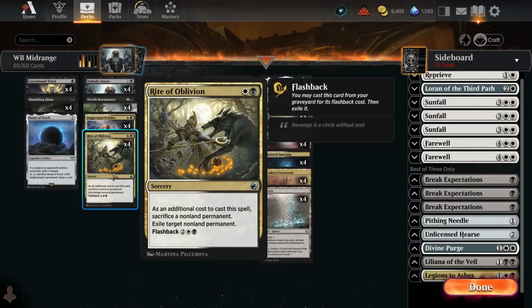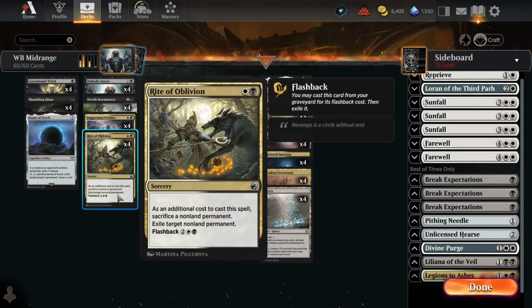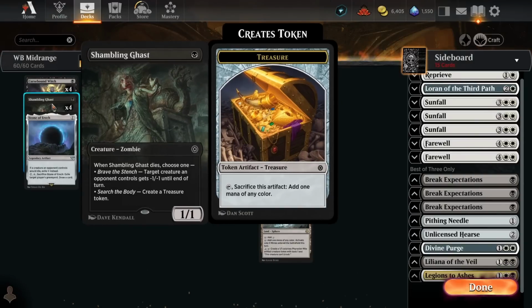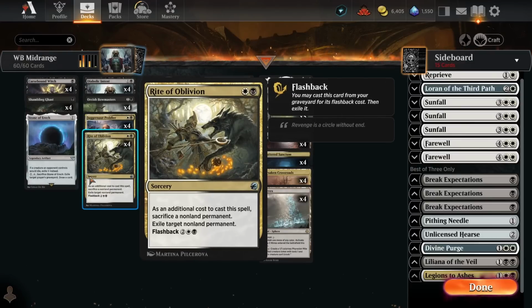and then it obviously has flashback as well, so we get two, this basically acts as a 2-for-1 in most situations, and as I mentioned, a lot of our creatures can produce a second body for us to flash, get the flashback off. As I mentioned, there's a ton of cheap creatures that we can get off the Cursebound Witch spellbook. Shambling Ghast producing a treasure token is another thing that we can sacrifice,